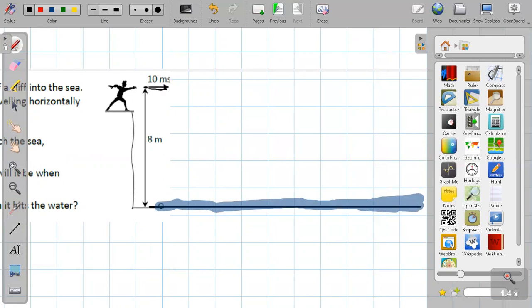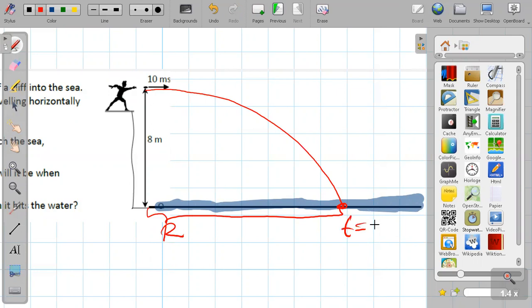Right. The path will shift. The path will definitely be something like this and land over there. It may travel some horizontal distance r and it may take some time t. That's the same time. If you drop another object in the meantime, both will fall onto the sea in the same time.